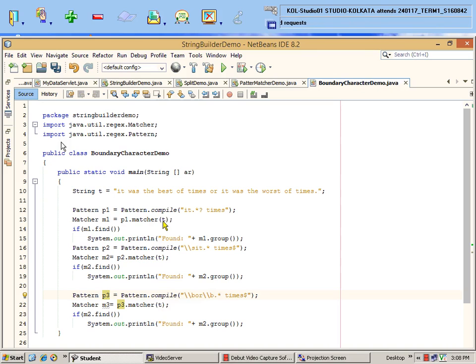So we have used a pattern that it will be IT, then dot, ending with anything with times. Second pattern, it will be IT, before IT there has to be space, and it will be ending with times. And the third one will be double slash b. Slash b means it will be either the start or the end of a particular word. So it will start with that and end with times. So the output will be